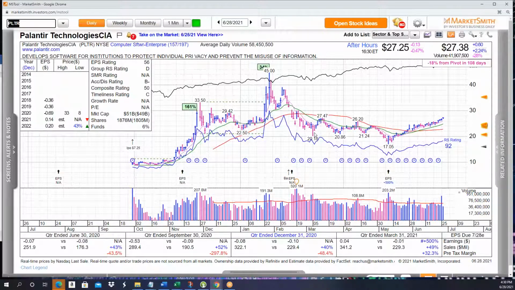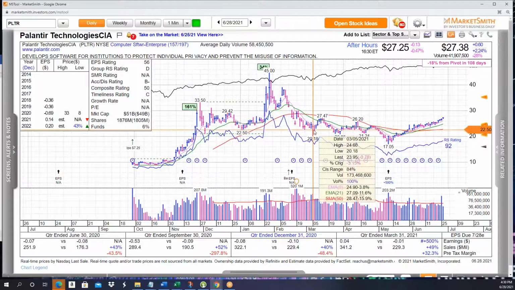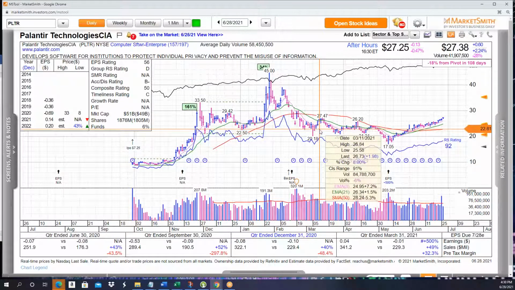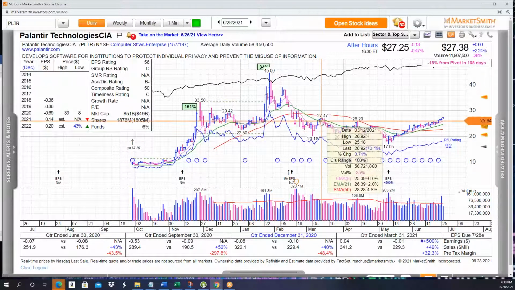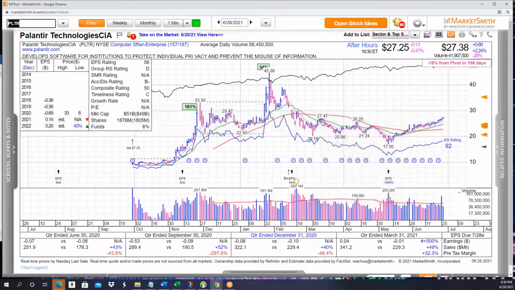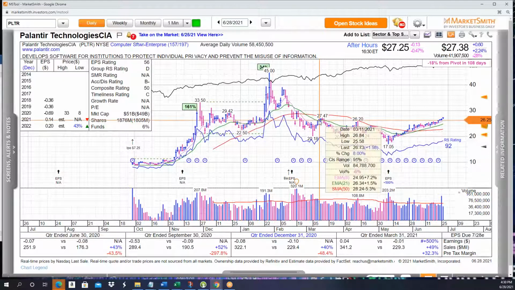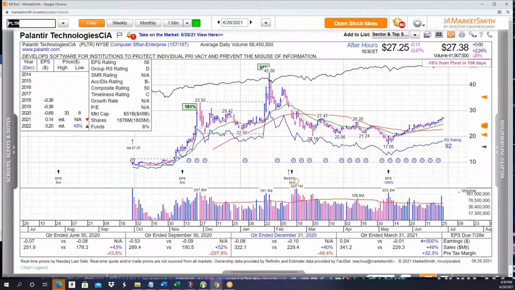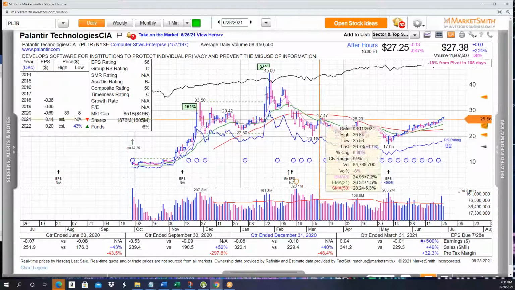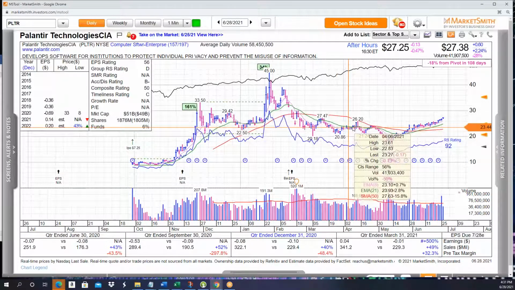When I talk about a change in character, this stock and growth stocks in particular were very strong up until this point. They try to make a comeback here, as you can see, but not really able to get anything going above the 21 EMA. Get above it for a few days, but no real follow through on it. They got above it here, broke it the next day, reclaimed it. Just not great action. Reverses lower. Tries again right here,